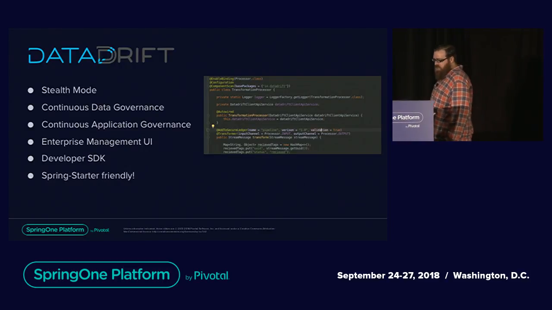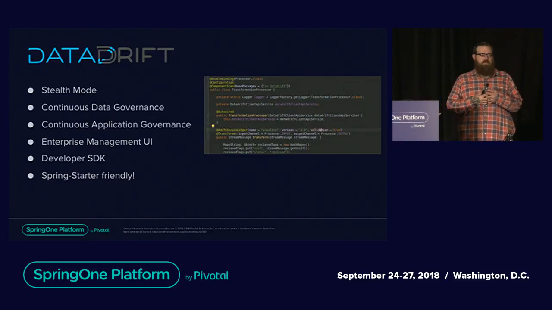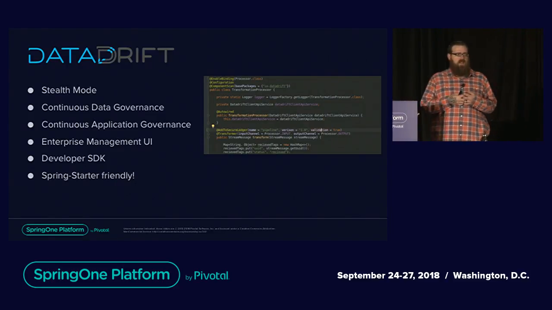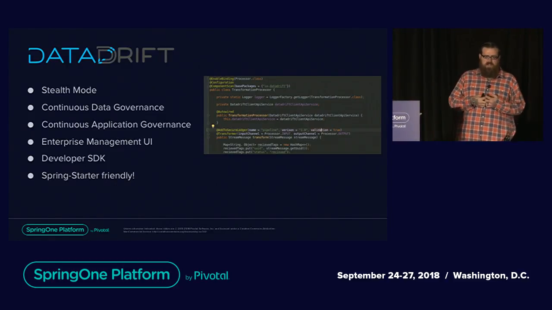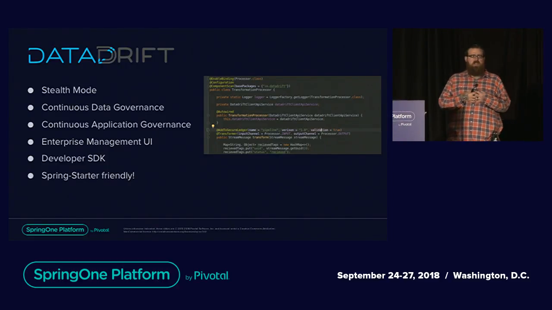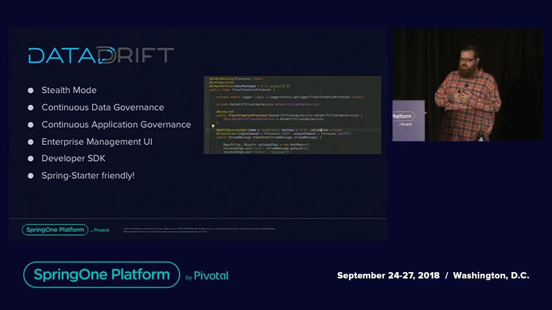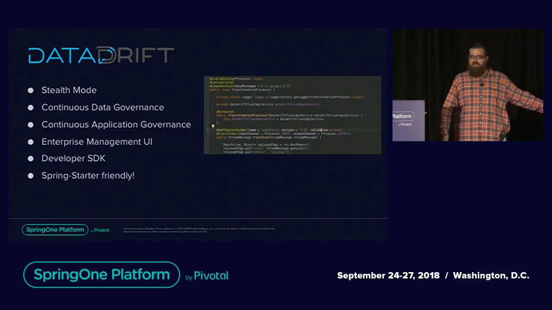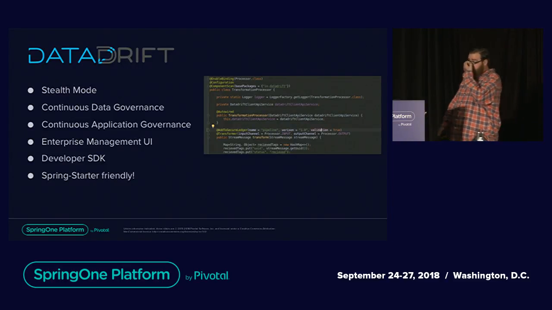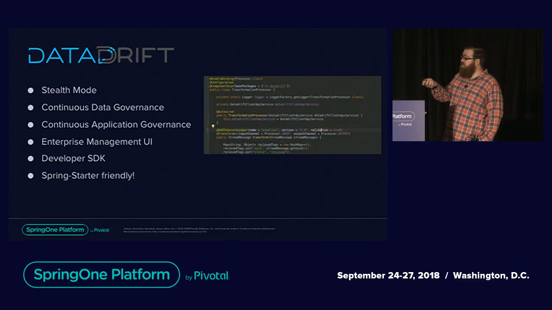But DATABRIFT is a product that aims to solve this problem, aims to fill this gap between data governance teams and pipeline development teams. Each has their own goals, each has their own timelines, but we need to make them work cohesively together. There needs to be a better relationship. So what does the DATABRIFT product provide to a company like Enfuse that gets propagated down to our end clients? Number one, they come up with a couple of new terms: continuous data governance and continuous application governance.